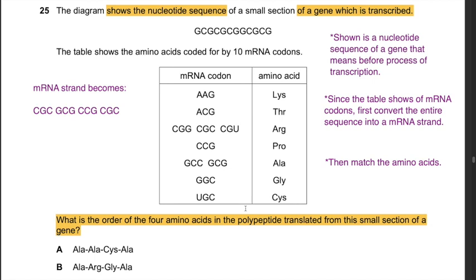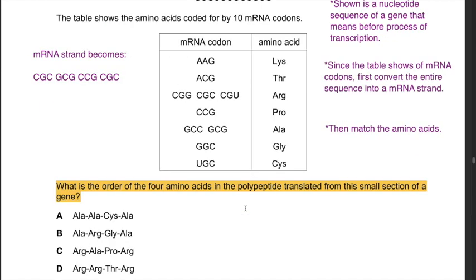How did I obtain that? Just match it using the base pairing rule. C binds with G, and it should be opposite in nature to that of the DNA sequence. Now that you have got the mRNA strand, you have to match it with the table given over here, because the table has the mRNA codons which we just found out, and we have to match the amino acids because the question asks what is the order of the 4 amino acids in the polypeptide translated from this small section